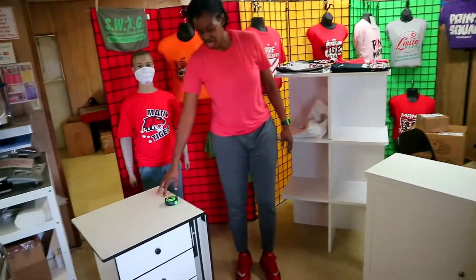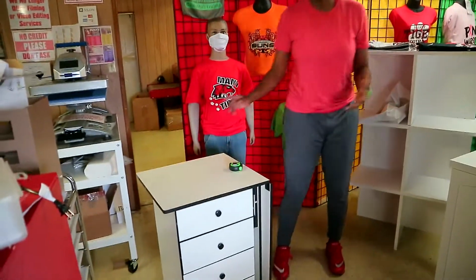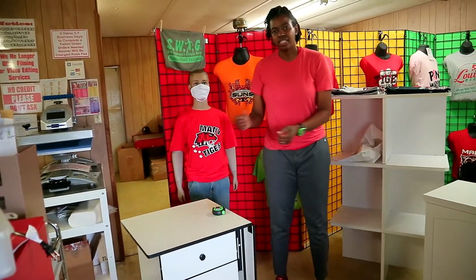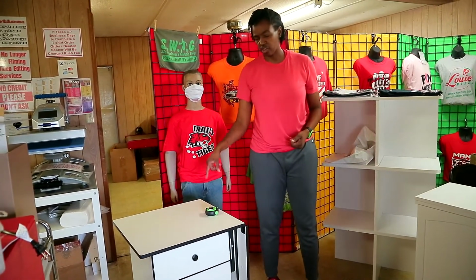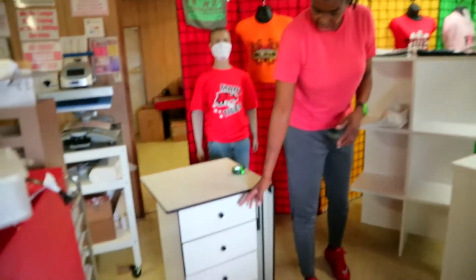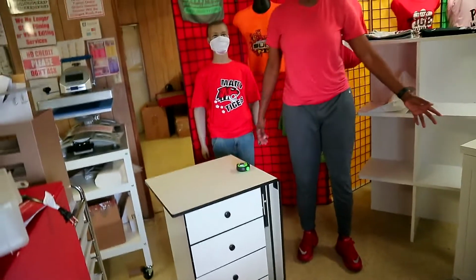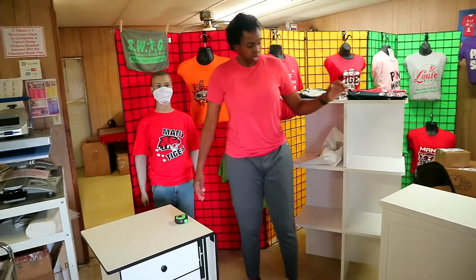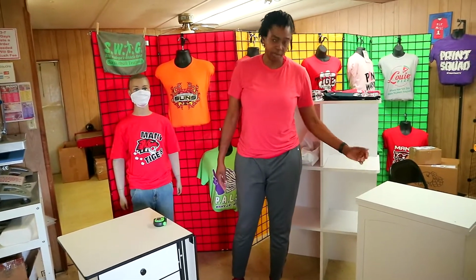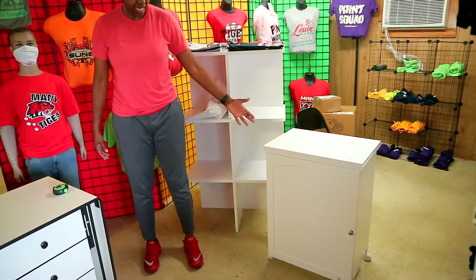Now this one right here, I don't know the way it's made and stuff. It could be too, because we did put it together the wrong way. This one is super hard to put together. But another good thing about it is the storage space. This one actually has more storage space than this one. If you're not just doing sewing, you can store other things with it. The Best Choice, to me, I like it more,